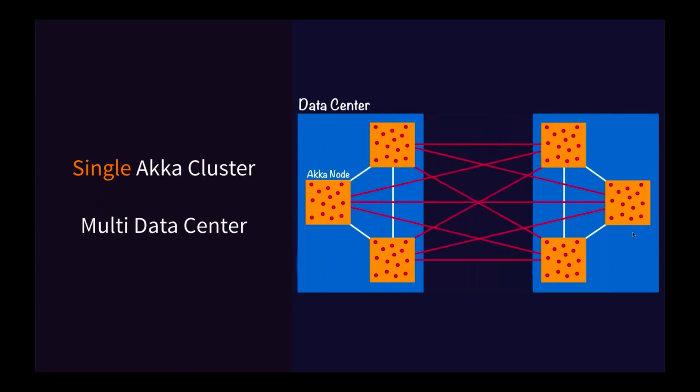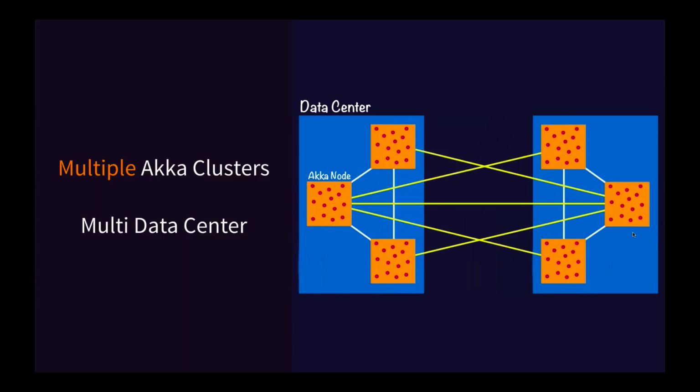So that's what I'm trying to show here in this diagram: when we stretch the nodes apart between data centers, you're stressing Akka itself, because Akka is tuned to do all the monitoring and health checking of all the nodes within a cluster, with low latencies and the expectation that the network responds relatively quickly, and it's really there to detect breakages. So this is the big change with multi-data center.